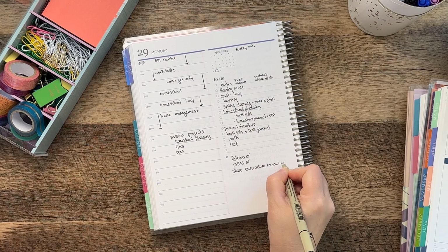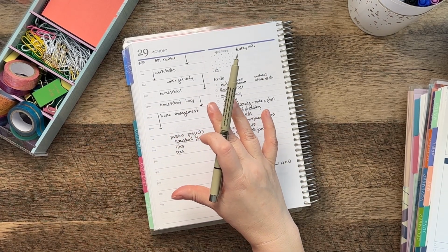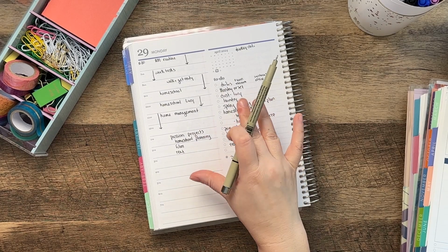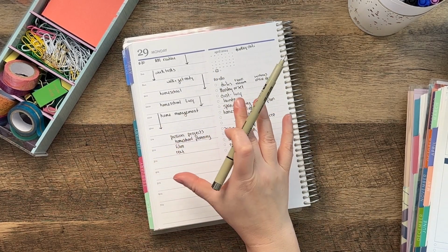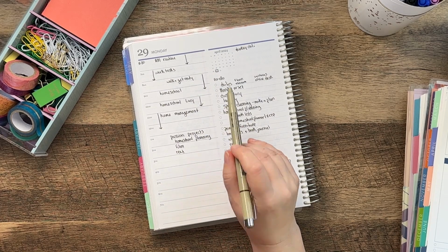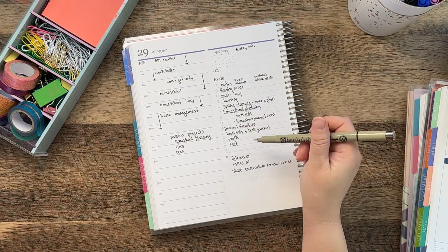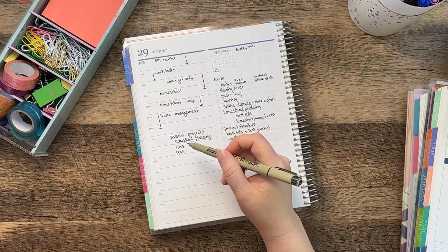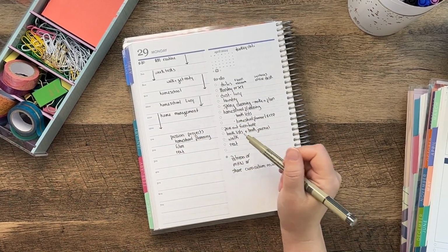Today I am posting Emma's curriculum reviews, the work that she did for 2023-2024. She does still have a few weeks left. I think she will be completely finished with everything on May 23rd. I think that's the last day that I have for her. Jack might be a little bit less. I'm not entirely sure. And Lucy, we're rolling her math, so she will continue to do math probably through June,